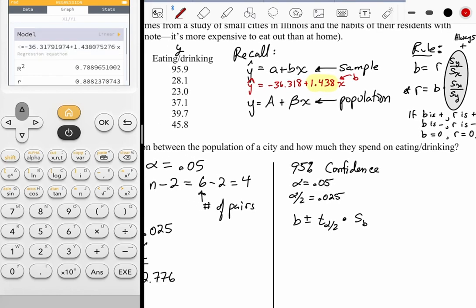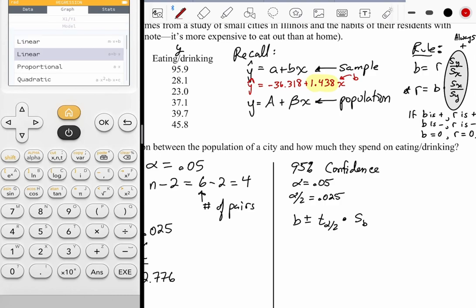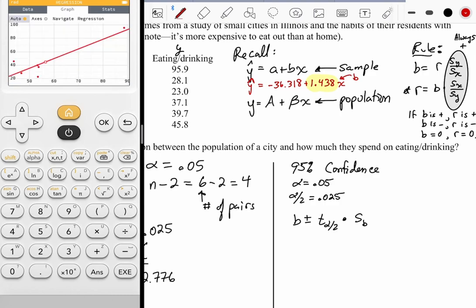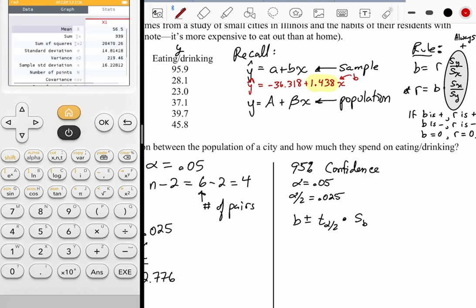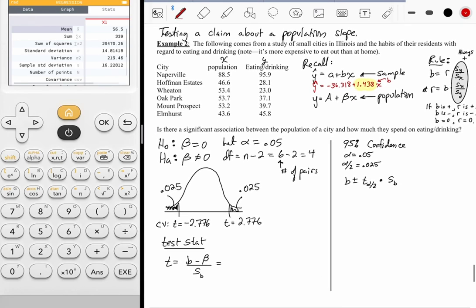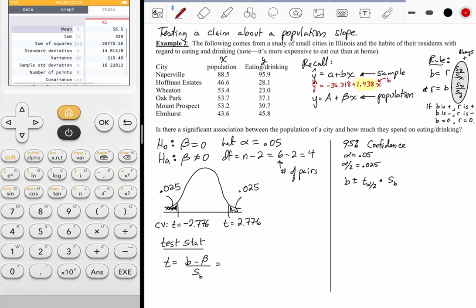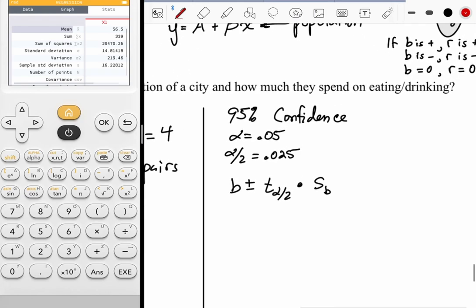I could go into stats and see if there's any useful information in there, but like I said, this is one of the weird ones where you have to bounce back and forth. They'll give you the sample standard deviations for each individual variable, but it doesn't give you the standard error for the slope, and it doesn't give you anything related to the population, so we have to pull that out. But we do have the B value, so that's great. So we can put the